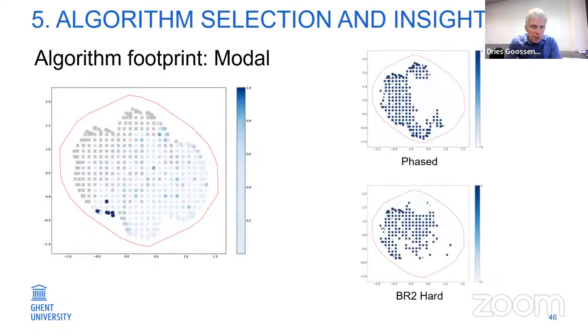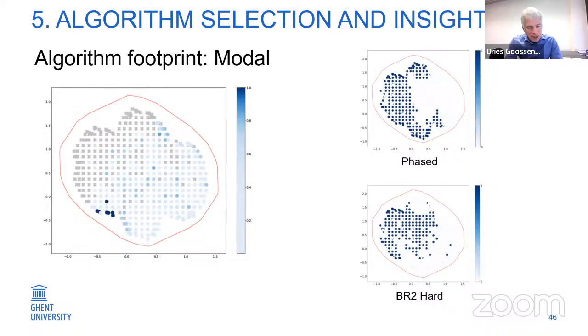And I'm not going to show you all these footprints, but I'll just show you the one of Modal. Modal is the IP solver. And as you can see, well, it didn't do quite well. It turns out that these sports scheduling problems are still quite difficult to digest for an IP solver. We see many instances where it didn't find a feasible solution. And if it did find a feasible solution, it's often quite far from the best solution found, especially in that region